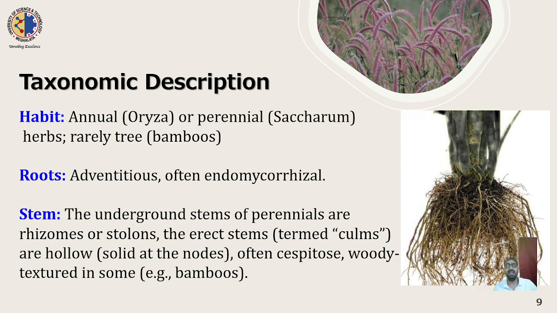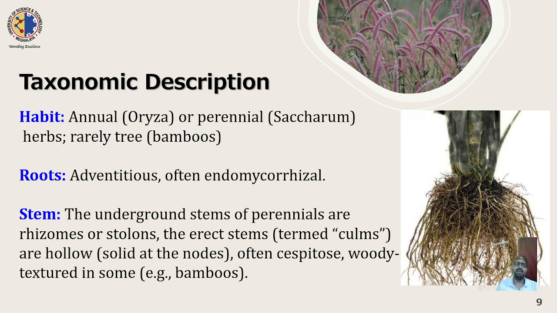What is the detailed taxonomic description? The habit of this family is that they are mostly annual plants. Do you know annual? They complete their life cycle in a particular season, and some are perennial herbs, annual to perennial herbs. For annual, a simple example is rice, and for perennial, a common example is bamboos, or you can say